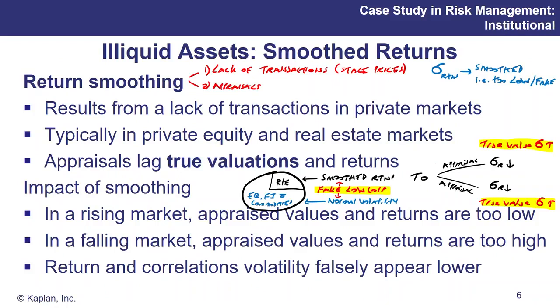Let's talk about something that you know quite a bit about from your CFA studies. Also in Level 3, asset economics actually has it in there too. We have a little idea in economics mentioned briefly here in Level 3. But the idea of what do we mean by smooth returns and where do they come from? Well, if you compare more of a traditional asset class, guys, here, say equities or, I don't know, fixed income, well, you have lots and lots of transactions, and there's no real doubt about the price of something. It's pretty much a deep liquid market.